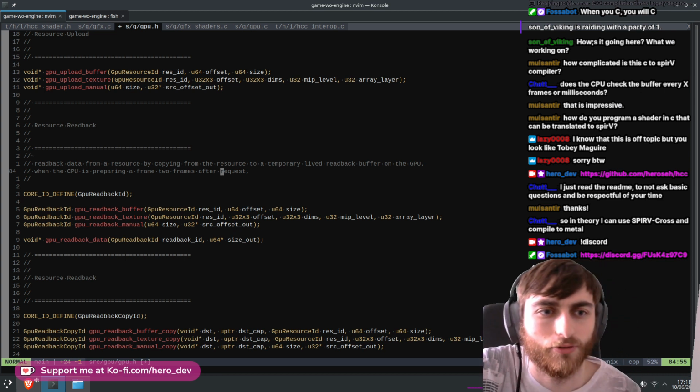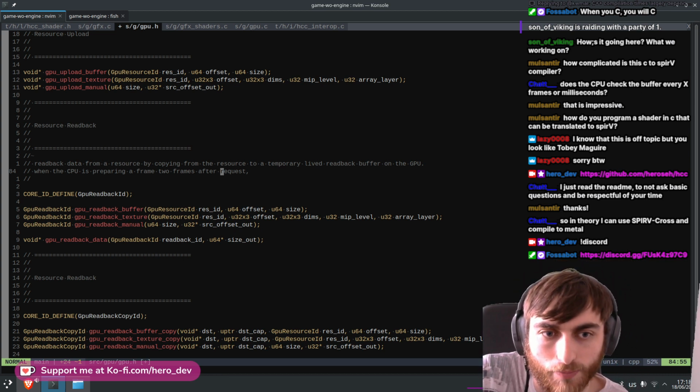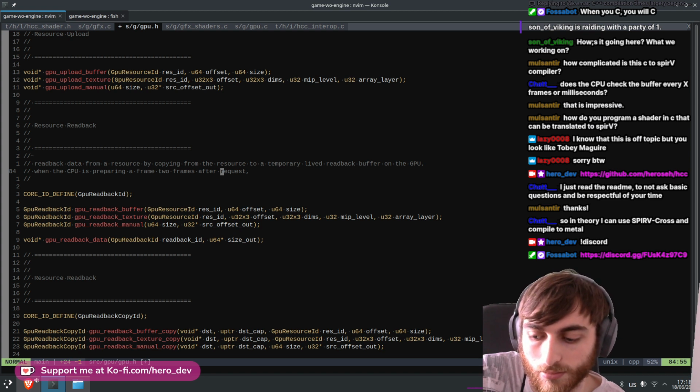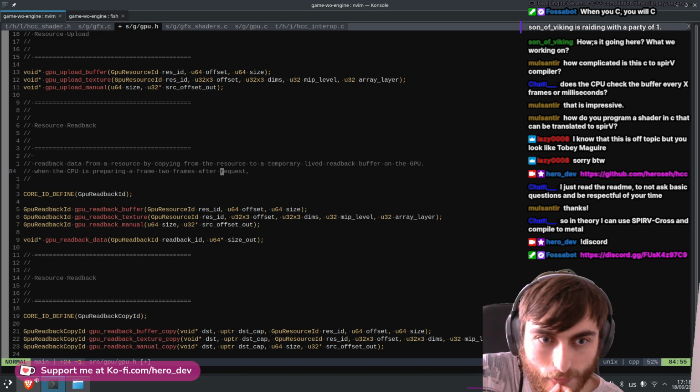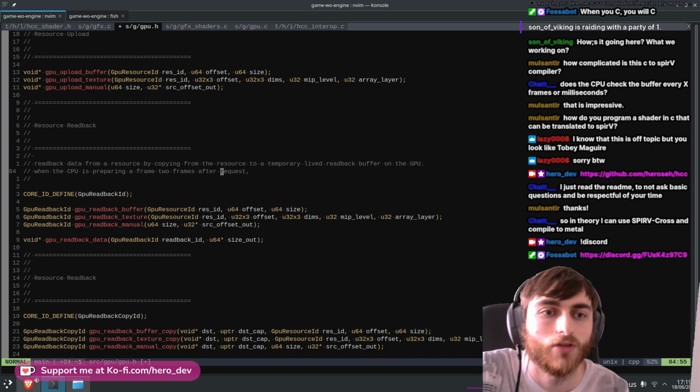Maybe there's a better way to write this. So from the CPU's perspective, when you say, hey, read back this buffer for me, send it to the GPU, and then 2 frames later you get it back. Right? Because when you prepare the next frame, the GPU is executing the frame you sent up. So maybe it's like,